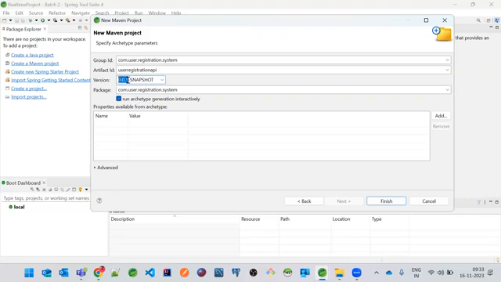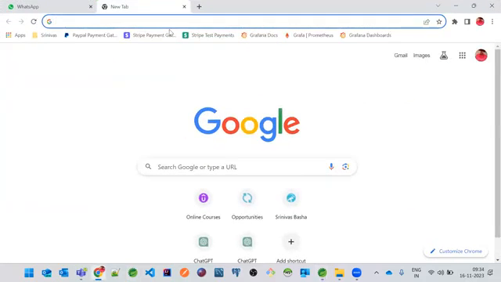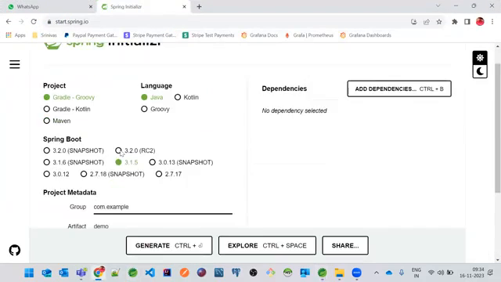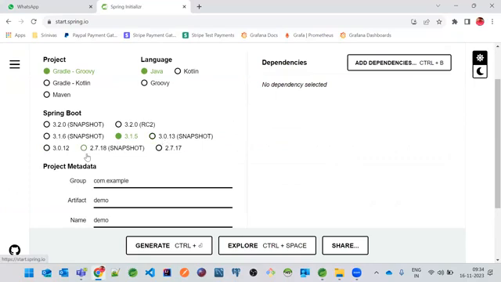And anyone knows about snapshots and releases? So right now, whatever the dependencies that we have seen, every version is a release tag. It doesn't have snapshot. So snapshot means the project is still under development and it has not been released yet completely. And if you just go and see the recent version of Spring Boot, here you have 3.0.13 snapshot. That means this project is not released yet. It is just released for testing purposes.